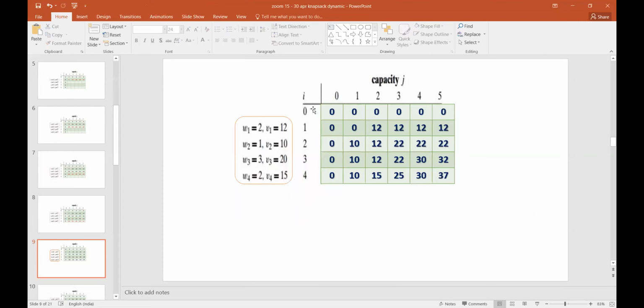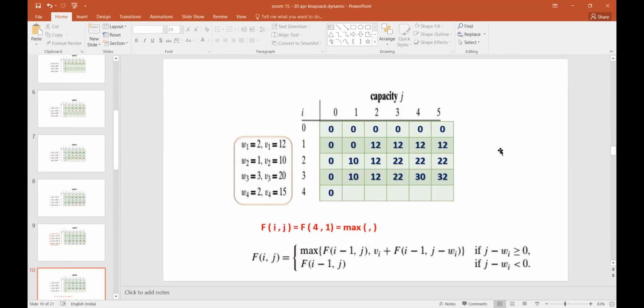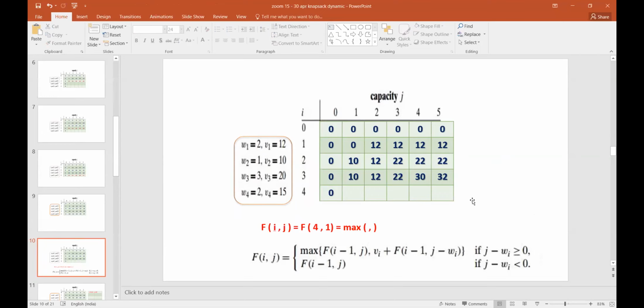Now we have done until here. According to the discussion and understanding, we have done the permutations and combinations in our minds. We also have a formula to calculate how to enter the values. If you cannot compare all the values and decide on your own, we have a simple formula using which we can calculate the entries of each and every cell. So we shall go through the formula once. Here, this is I, this is J.